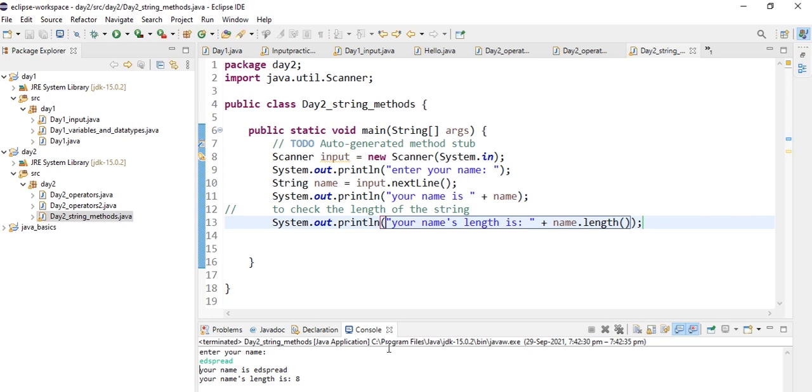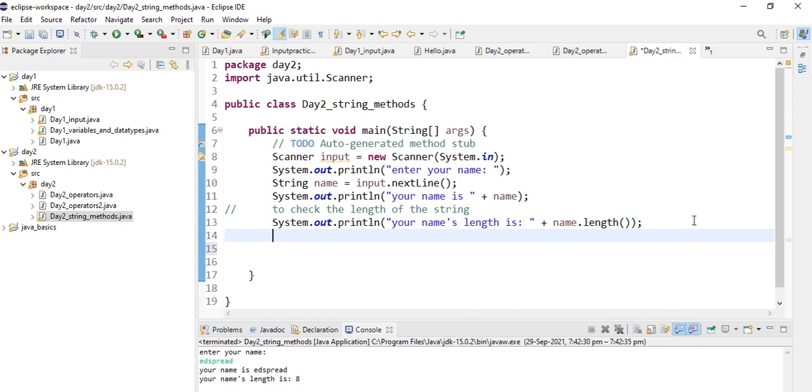Now let's learn how to convert all the letters of a name into uppercase letters.